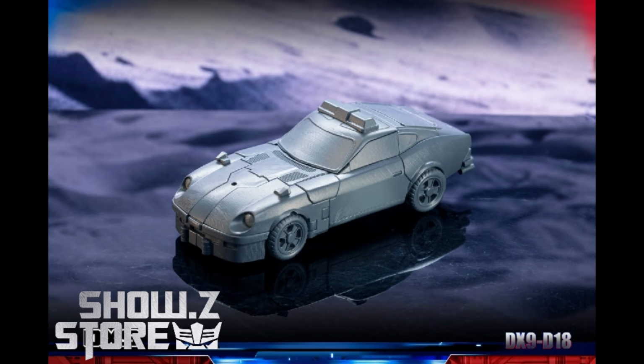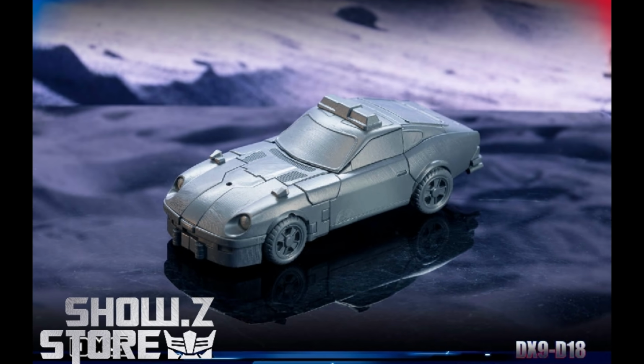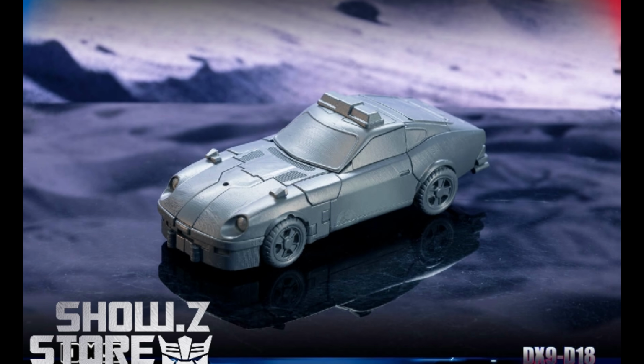Also, there is the DX9 Toys D18 Prowl up for pre-order, $1 down. No price point just yet, and there's no bot mode just yet, but the alt mode looks pretty good, and I know bot modes for DX9 almost always look really good, especially with their new foray into the Legends world,